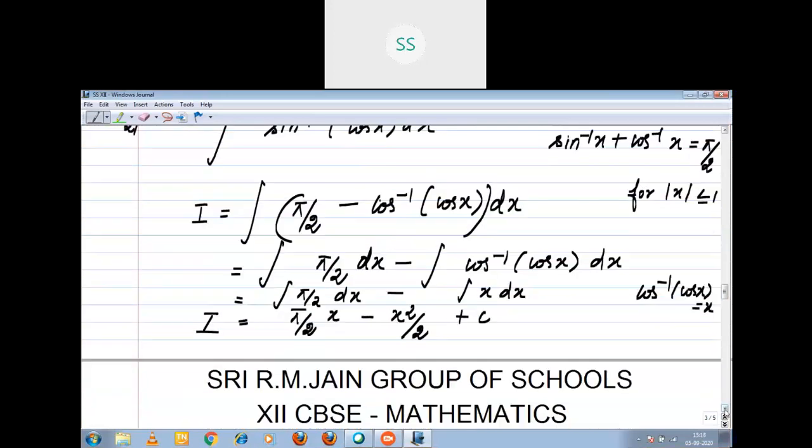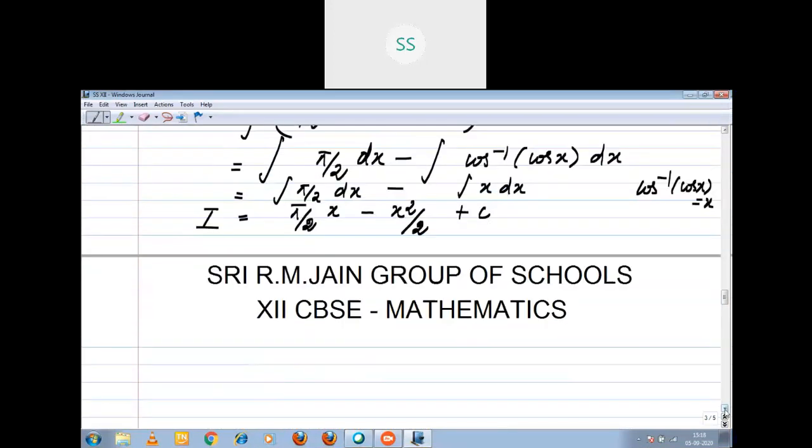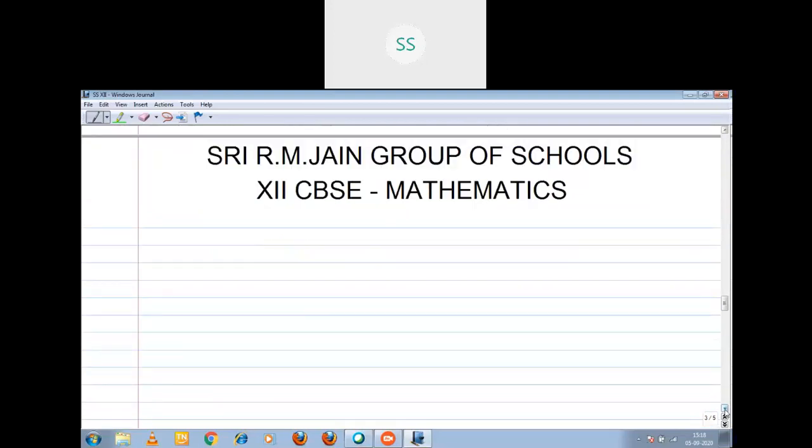Now I am going to move to question number 22. Right, children? Question number 22. You have to listen carefully. Integral 1 by cos of x minus a into cos of x minus b into dx. Here also you cannot integrate directly. For that purpose, using the denominator concept, I am going to multiply both numerator and denominator by sin of b minus a.